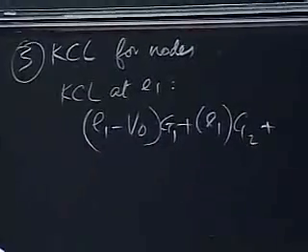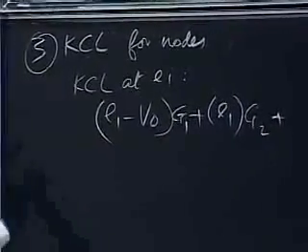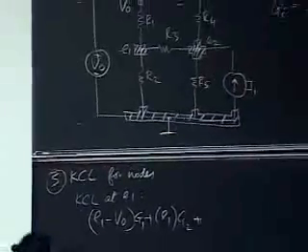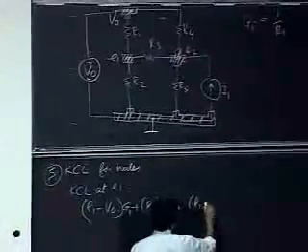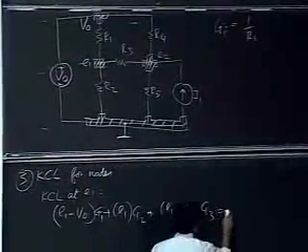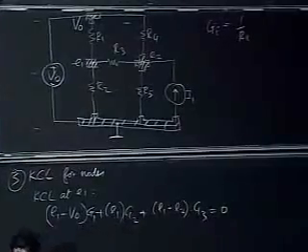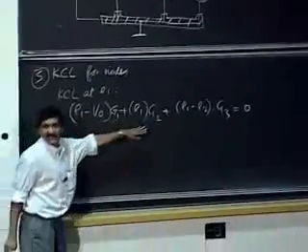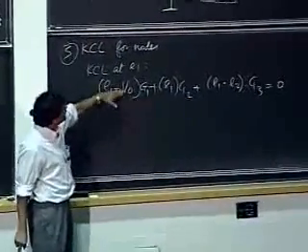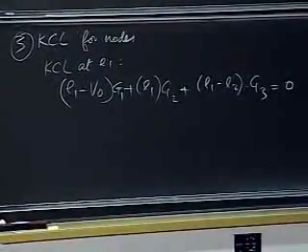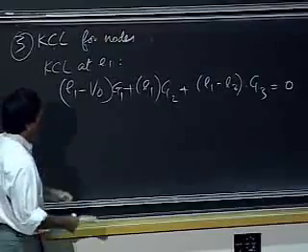G2. Okay, plus the current that is going through resistor R3, which is simply E1 minus E2 divided by R3. So E1 minus E2 divided by R3, or multiplied by G3, is equal to 0. Okay, see how I got this? This is simply KCL, but to get my currents, I simply take the differences of voltages across elements and divide by the elemental resistance, and I get the currents.